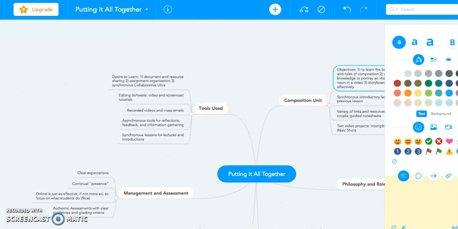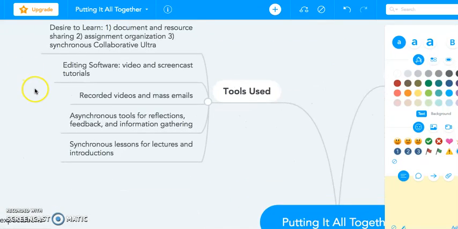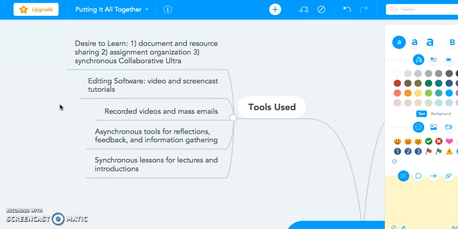Next, I want to talk a little bit about the tools that I would plan on using in this online unit. I really like Desire to Learn. I think the way that the class is structured in this course is really excellent. I like the Collaborate Ultra. I think it's a great way to organize and structure a course. So I like to use that. I use Schoology now, and the district does, but there isn't that Collaborate Ultra element that I really like. I also have found that I really like making screencasts, so I definitely want to start using those in my classes more, and would use them as an online teacher a lot.